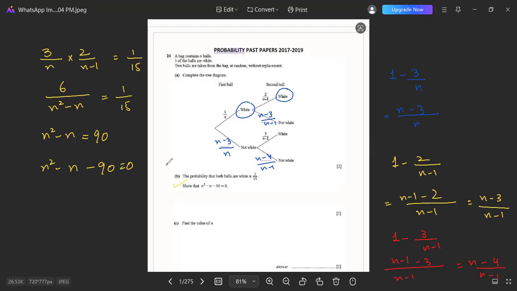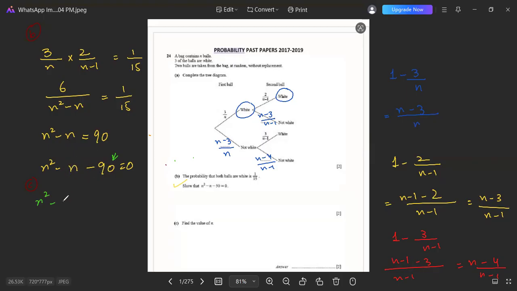After that, in this C part, they asked us to find the value of n. For this reason, we need to go on with factorization. For factorization, what they gave us over here is this 90 at the end. So we need to make two parts for the number, whose multiplication gives us 90 and whose addition or subtraction gives us negative 1. There can be many possibilities, but we need to check the possibility that actually works according to this factorization. So we can better go with n square minus, like 10 and 9, 10 times 9 is 90.